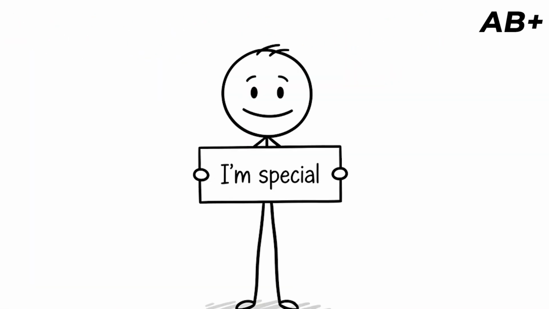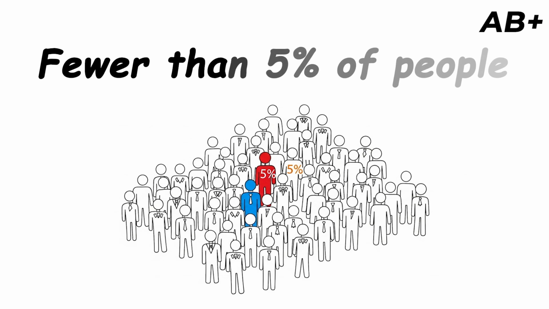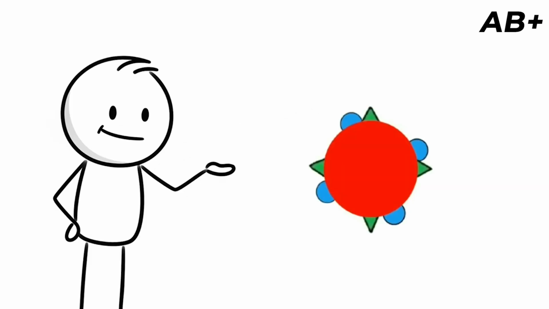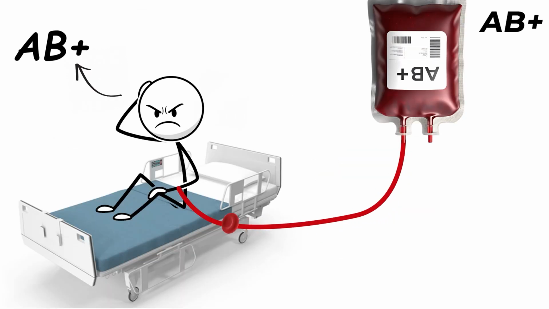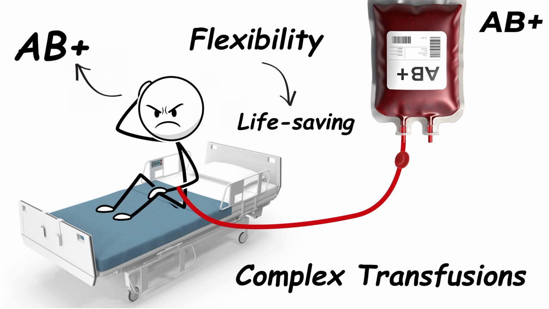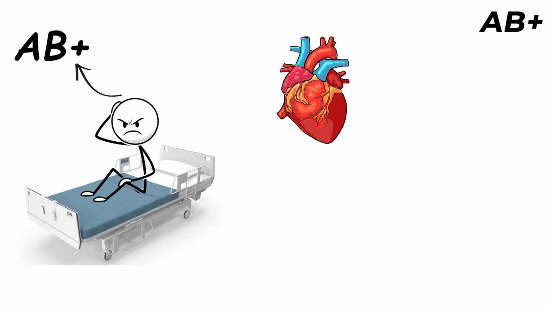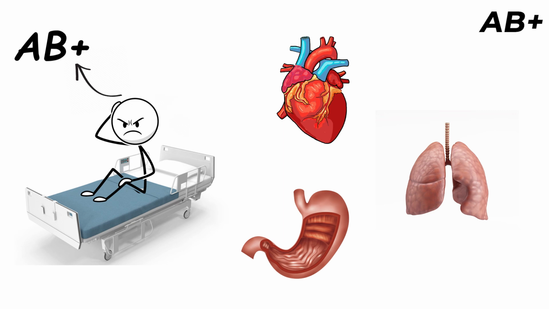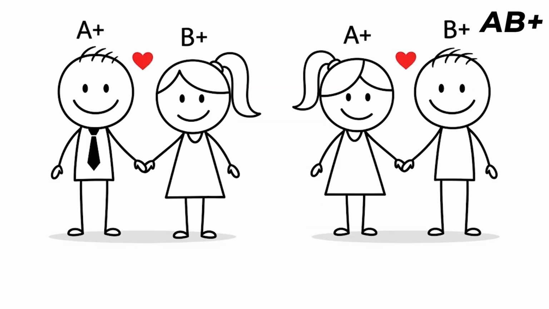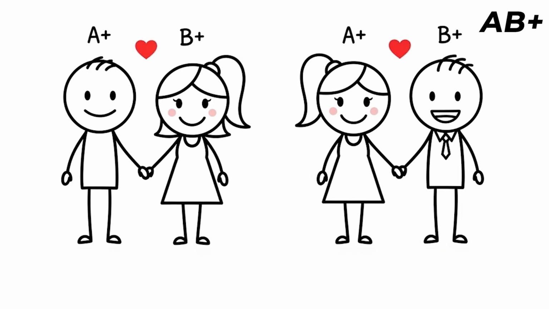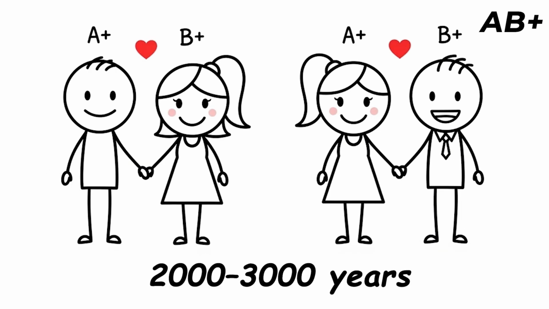AB-positive, the rarest positive blood type, is found in fewer than 5% of people. It combines A, B, and Rh antigens, making these individuals universal recipients. They can receive blood from any group. This flexibility is life-saving for complex transfusions, organ transplants, and emergencies. AB positive arose recently in evolutionary terms, likely as A and B populations intermingled within the last 2,000 to 3,000